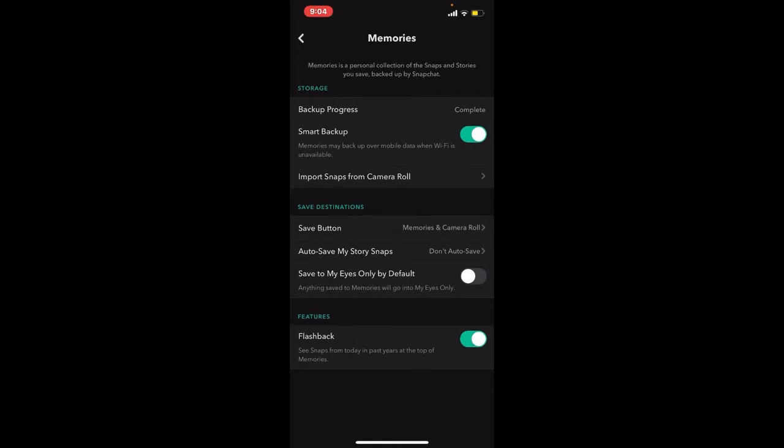Tap on the backup progress that says complete. Check if your backup progress says complete. If your backup progress says snaps remaining or no network connection, then your memories are not completely backed up. Make sure that your device has good cellular service or is connected to Wi-Fi. Once you ensure that your backup is completed, you can easily back up the memories that you collect from Snapchat